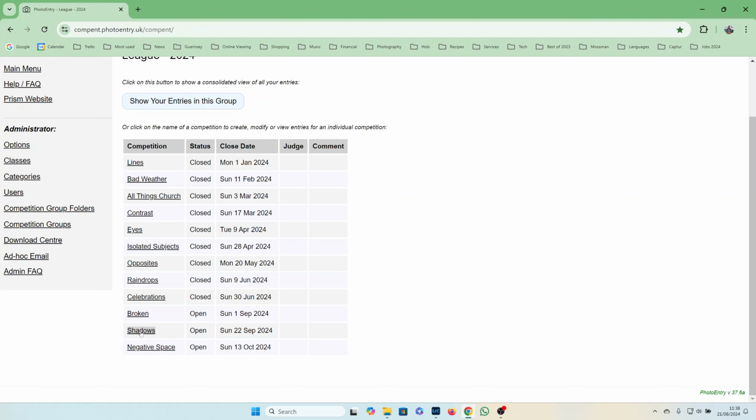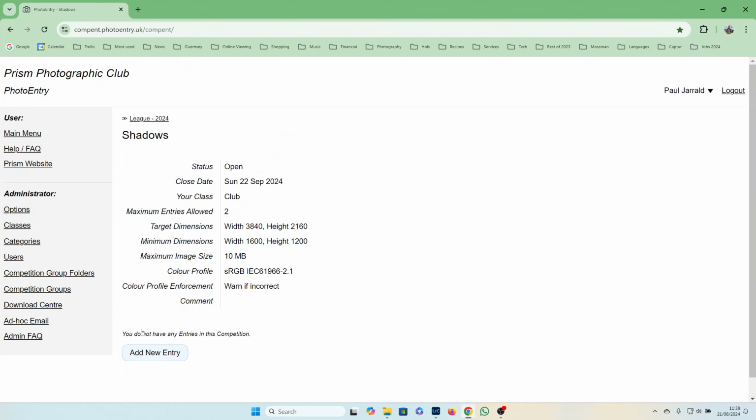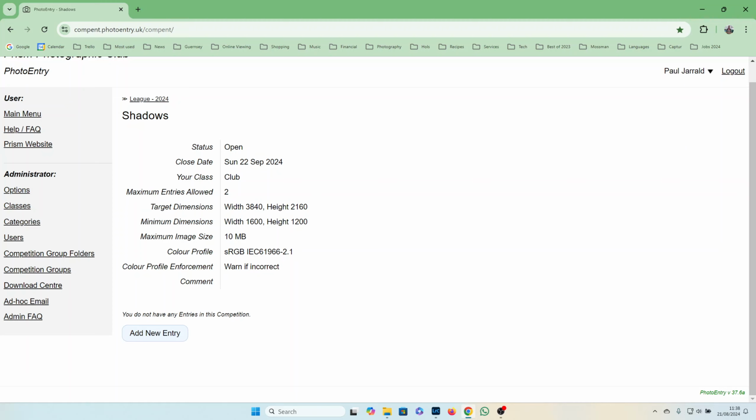So I'm going to load. I haven't yet selected the photo within photo entry, so I have to find it, as you'll see once I actually open the competition. Let's say I've got a photo and I know where it is. It is in the test exports folder that I just used, and I want to enter it into the shadows competition. So I click on shadows, and at the moment it's telling me you do not have any entries in this competition. I'm allowed a maximum of 2, but I'm just going to set up 1 for now. So I'll add a new entry,